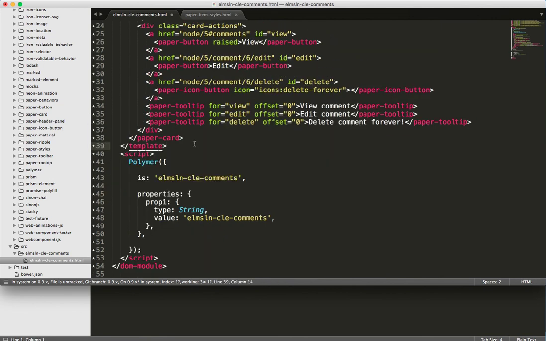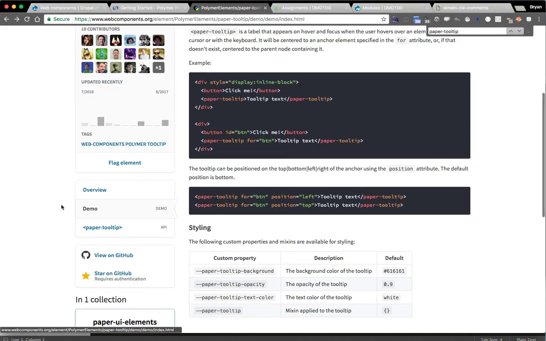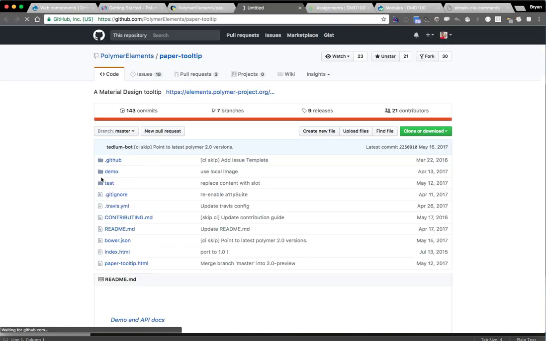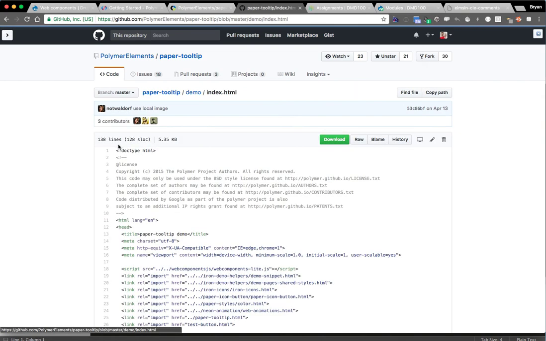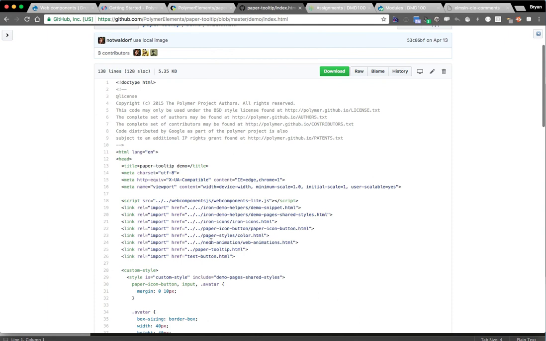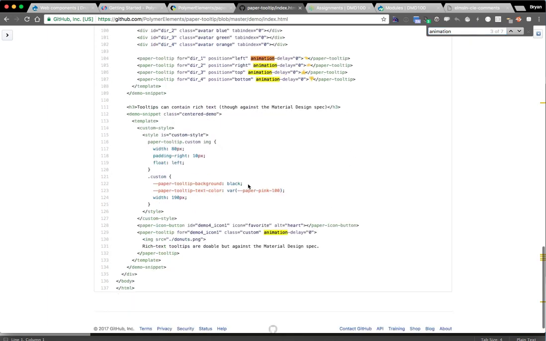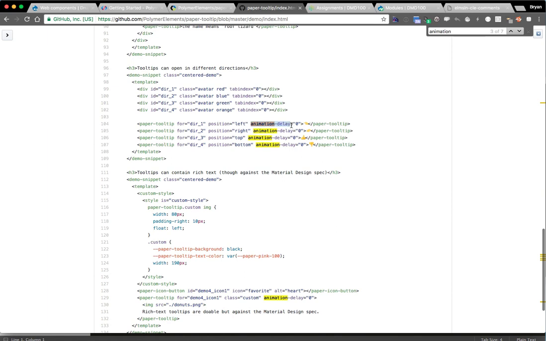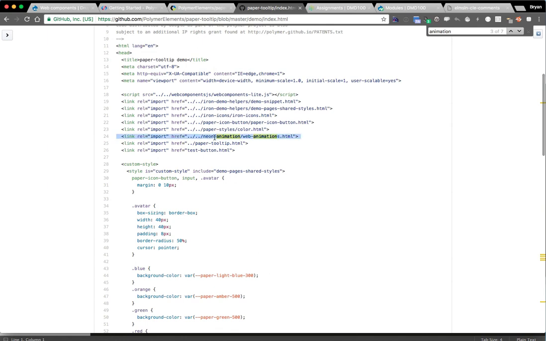All right, close that off, but it still doesn't have our animation in there. So let's see how they did the animation part. They have it working in their demo, so what I can do is go to view on GitHub for the source. We can hit demo, and let's see what their demo looks like. We can see they pull in neon animation, and then we can see they have an animation delay of 0 on all of these. And so let's take that animation delay 0, and we're also going to have to pull in that neon animation